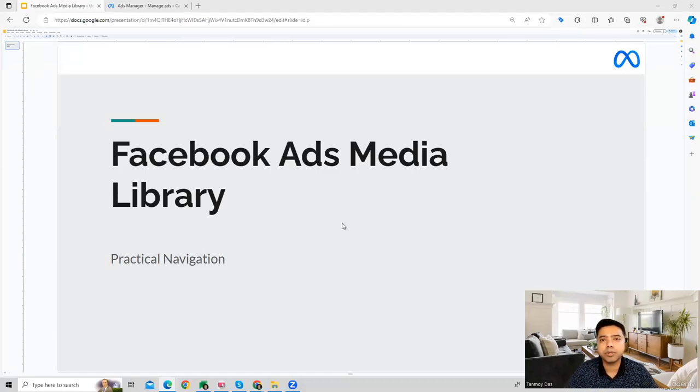In this session, we're going to talk about the Facebook Ads Media Library. So inside the platform, guys, we also have a media library section where we can add all the images or videos which we are going to use in our ad creatives. So in this particular section, you can have a library of all the media which you're going to use in the campaigns going forward. So you can easily then access them and create your ad creatives in a much faster